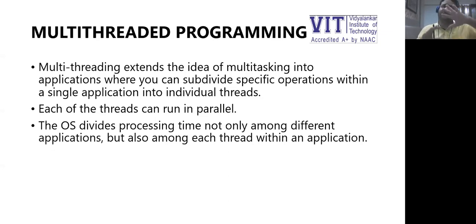In the program we saw, we created a class A with run and then a class B with run, and there was main also. Remember one thing: in every program, irrespective of whether we specify it or not, there is always one thread, and that is the main thread. So if we try to understand the program that we discussed in our last session, it was something like this. We have the main thread,